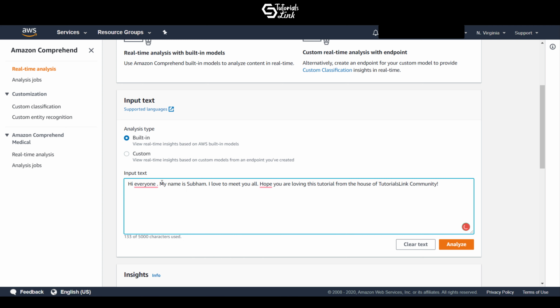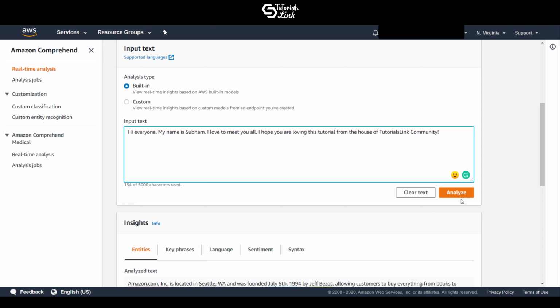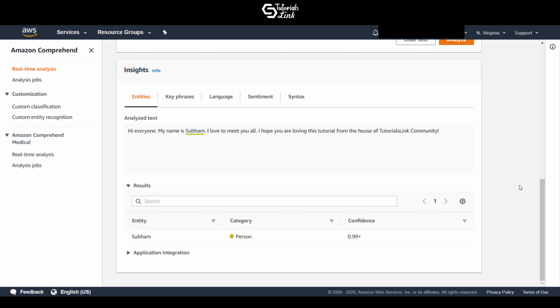Right? So you have just inputted some sort of text, and now we're going to analyze or understand the sentiment inside the text. When you have done everything for the input part, just click on the analyze button. When you click on the analyze button, you're going to see that it shows the entity, username, category, and its